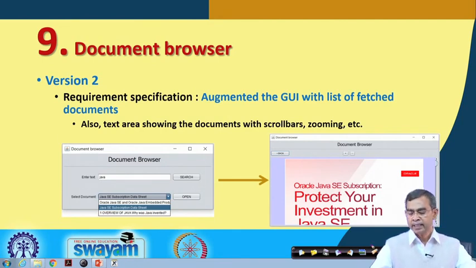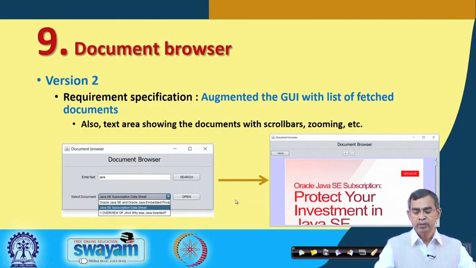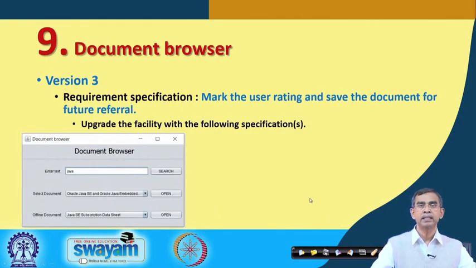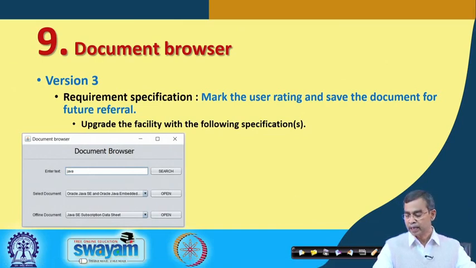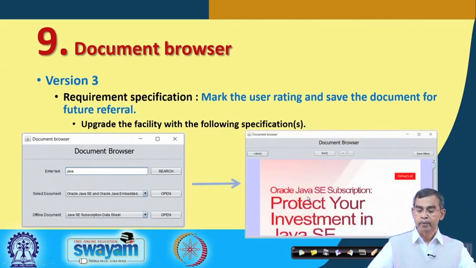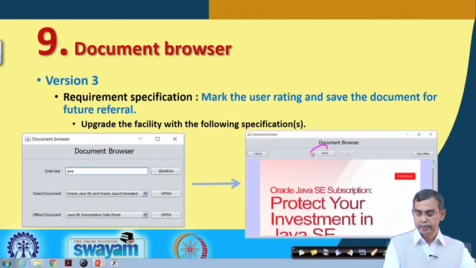So, this is the idea, and in addition to this we can add a few more facilities like rating, and, as I told you, saving the document for future referral. That can be carried out as the next phase of your project, as a third version. All these things we have already discussed. Now, in the document reader only, I want to add a few more things. Add one button like rate, that means if you read this document, then you can rate it from 0 to 10 on a Likert scale, both inclusive, and then save offline.